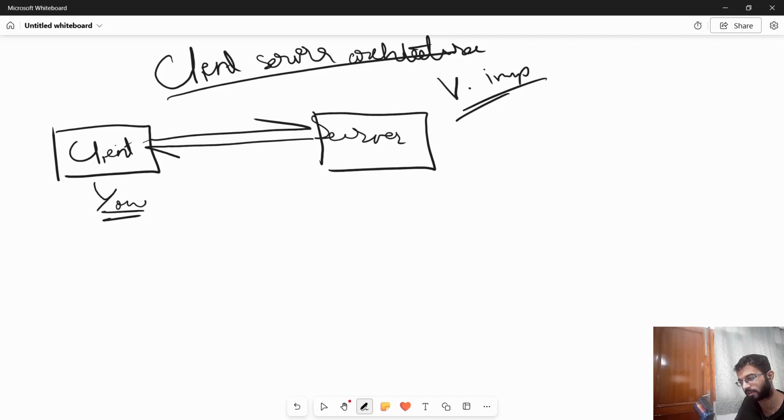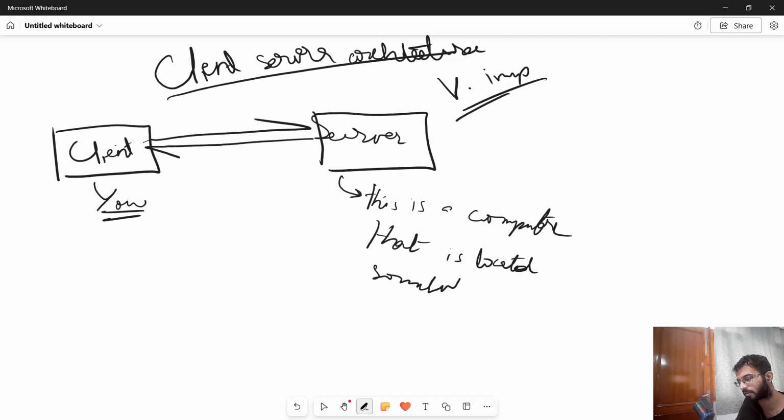And this server is a computer. What is a server? It is a computer that is located somewhere in the world, right? It is located somewhere in the world, and